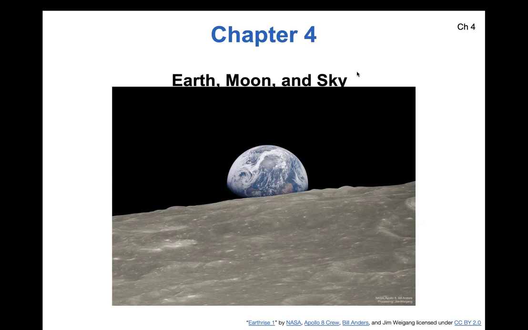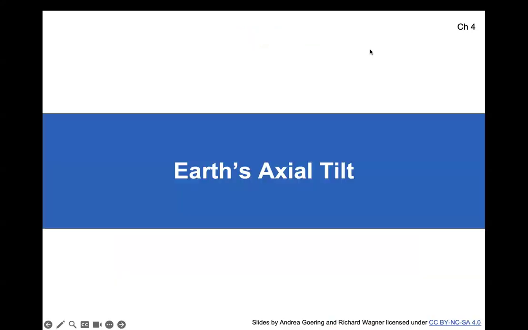and the consequences of those relative motions, such as Earth's tilt, the way the tilt remains fixed to the stars and not fixed to the sun, the way the moon orbits around Earth while Earth orbits around the sun, and how the orbit of the moon is slightly tilted relative to the ecliptic plane. These are all the types of things that we will be considering in this chapter. And we're going to start with an idea that we briefly touched on in chapter 2 which is Earth's axial